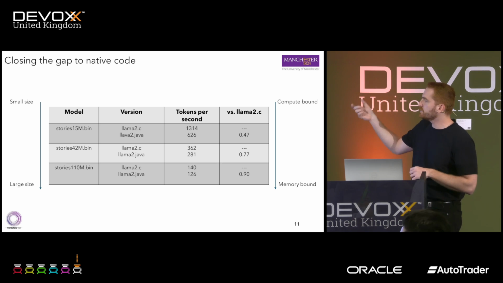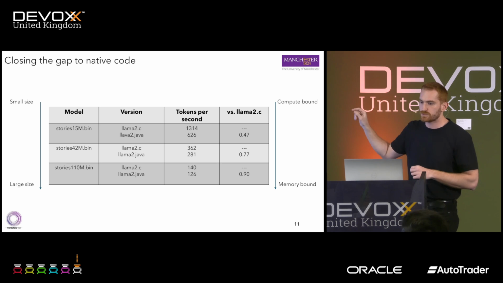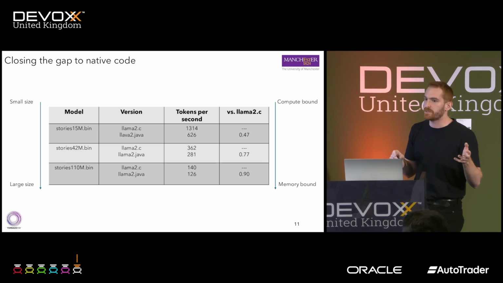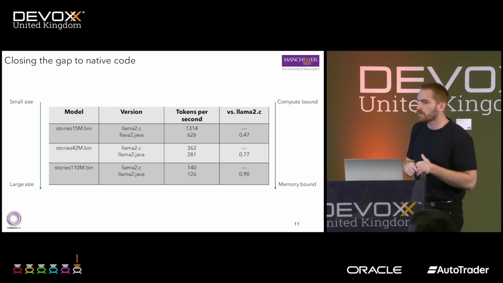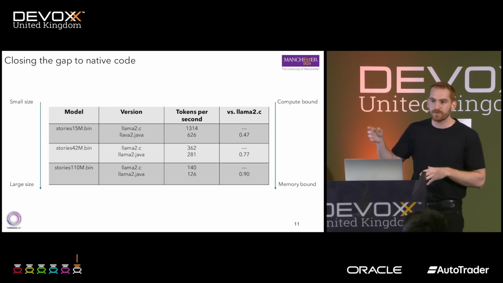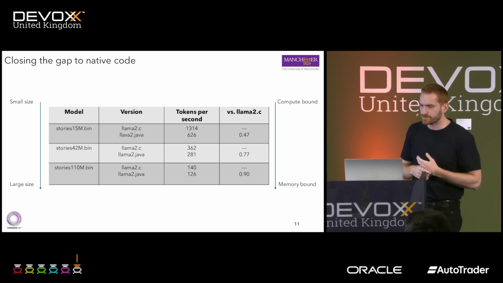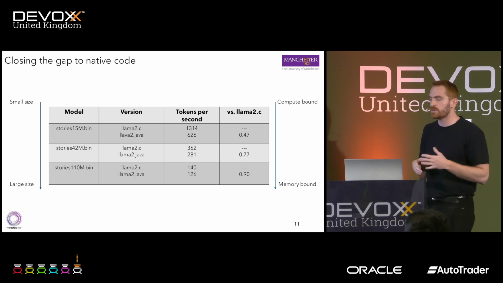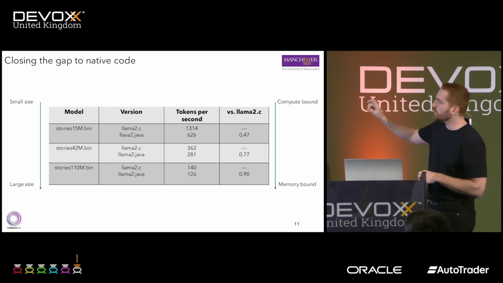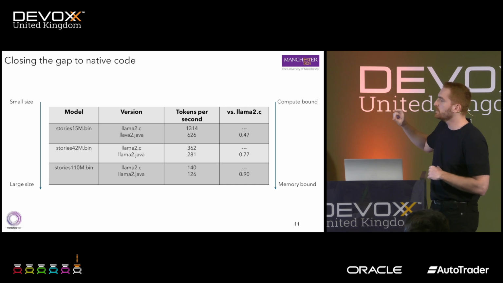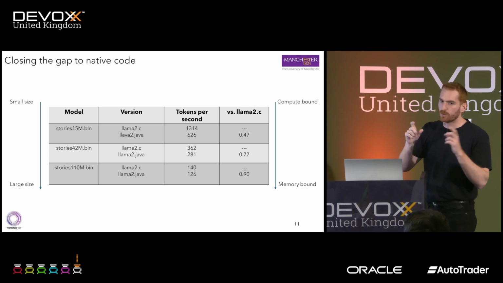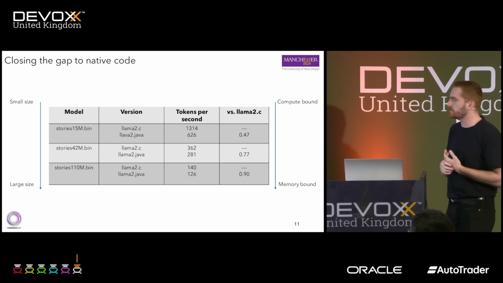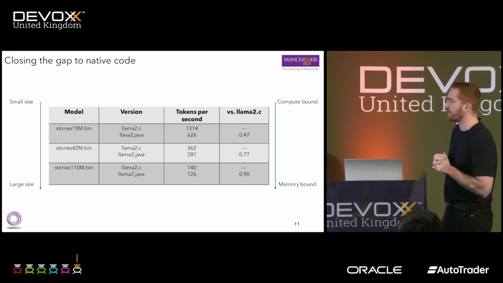And we compare the results with the Llama2.c implementation, the one that we used as a reference from the beginning. For the same method and computational aspect of the problem, it uses OpenMP, and it's also compiled with all three flags, so we assume that auto-vectorization is enabled. What we see is that for a small model, where we're still on the compute-bound side of problems, the highly optimized Java CPU inference has about 50% parity in terms of tokens achieved compared to the native implementation.